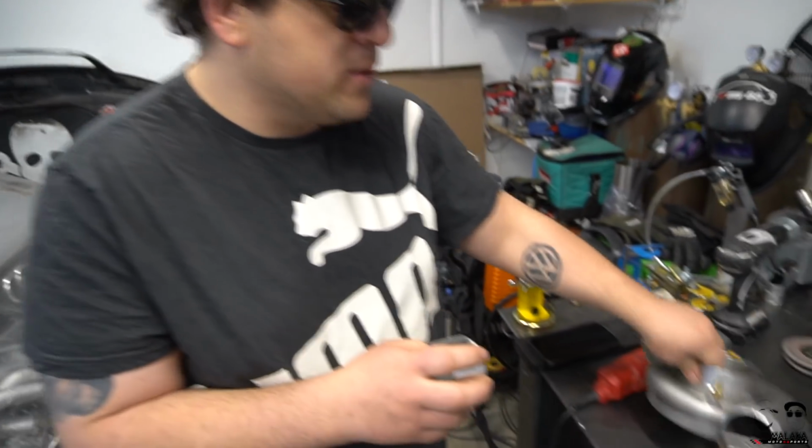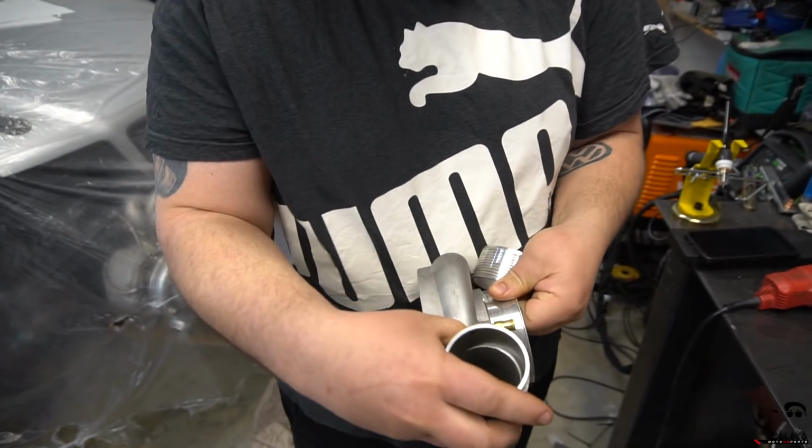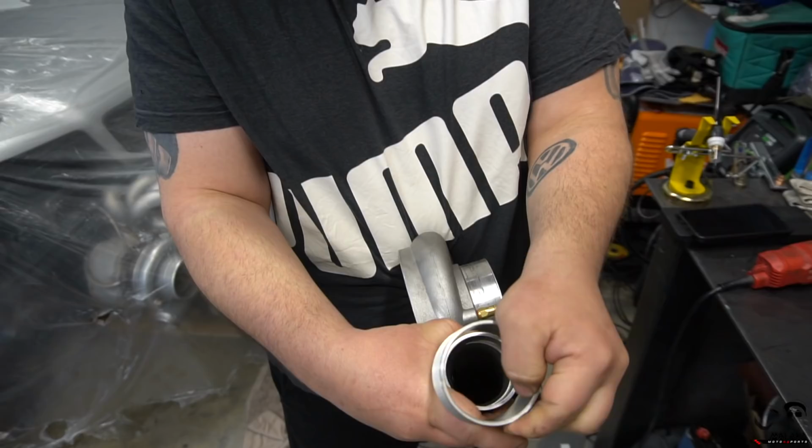We got these serrated hose ends from FFE that they machine in-house. The reason we're going with these serrated hose ends, and we're going V-band, is that V-band is completely solid mounted, and you can't really be 100% solid mounted on a street car. So they use these serrated hose ends. You weld them to, let's say, moving parts like on the motor. One side here, one side would be on the pipe, and use